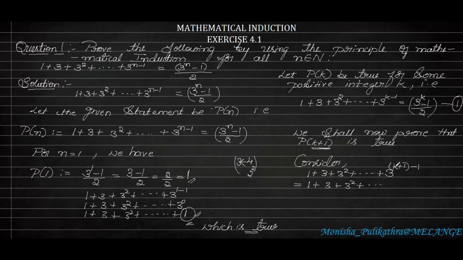In the same way, before k plus 1 minus 1, there will be a number which is less than this. That is 3 to the power of k minus 1, plus here 3 to the power of k plus 1 minus 1. This plus 1 minus 1 gets canceled. So we get 1 plus 3 square plus up to 3 to the power of k minus 1. Okay, up to here you put a bracket, plus here remaining is 3 to the power of k. Okay, so let us continue this.